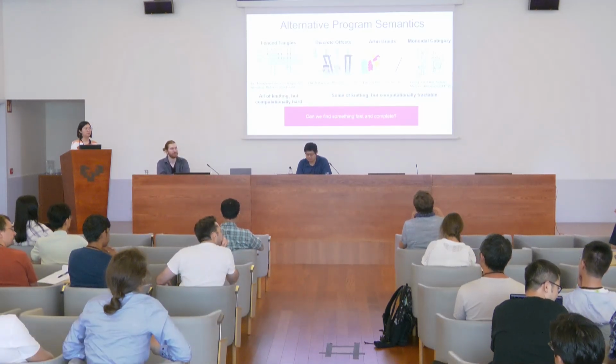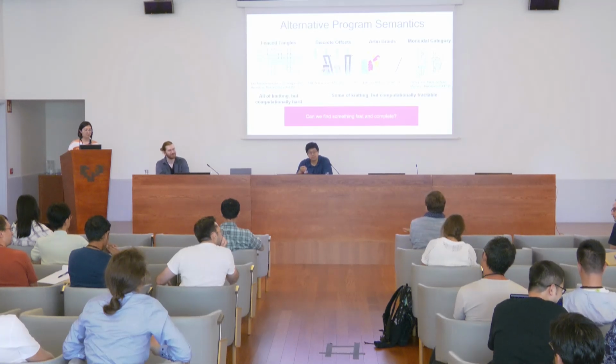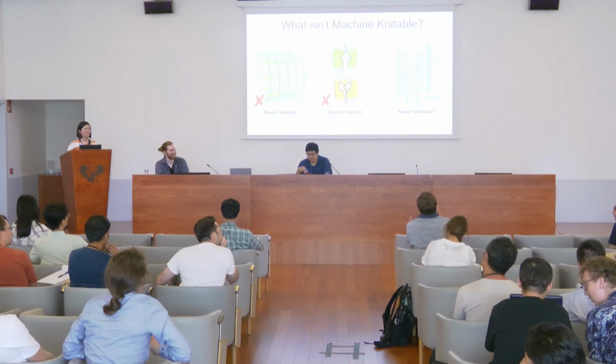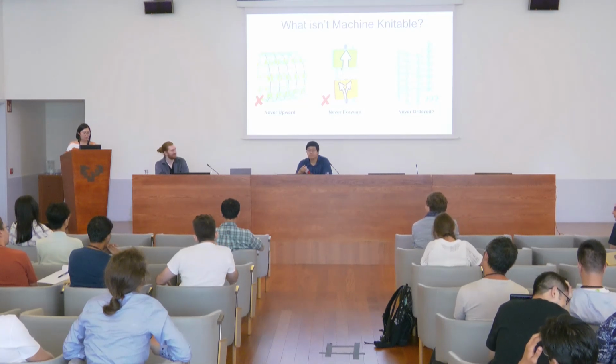Question. You mentioned in the very beginning these whole garment knitting machines. I was wondering what the principal topological constraints are and what they can produce. Is it something like genus 1 with boundary, or